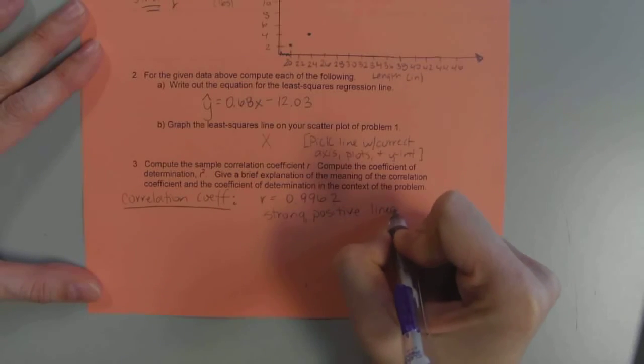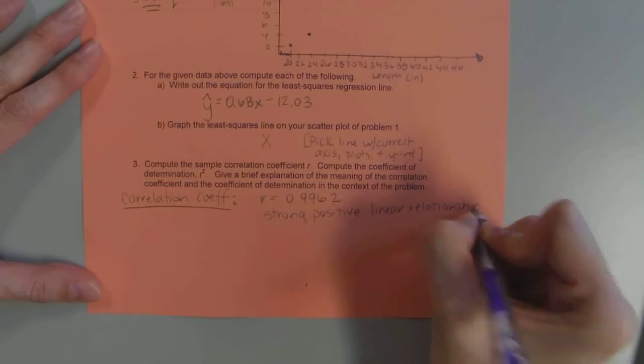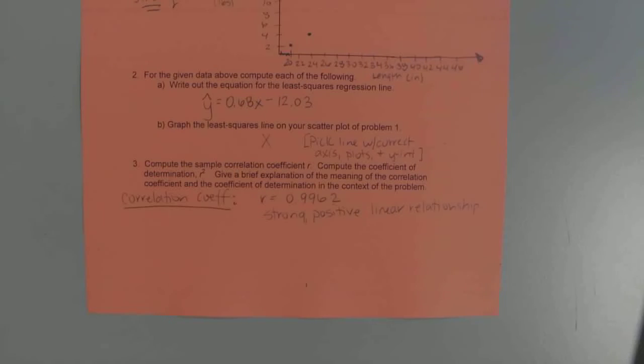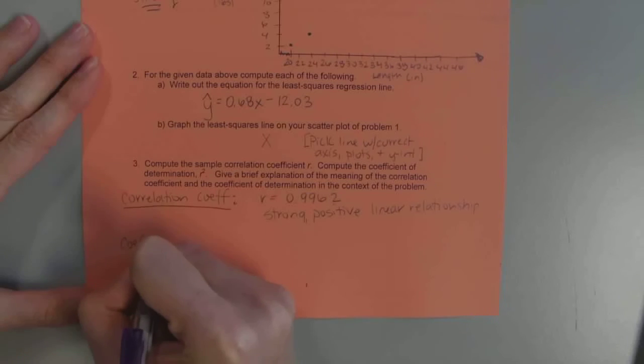linear relationship. Strong, positive, linear relationship. So direction and strength. Strong, moderate, or weak. And then direction, positive or negative. So basically that means that it's very, very explanatory, meaning the length of your fish really does explain how much it weighs. All right? The coefficient of determination